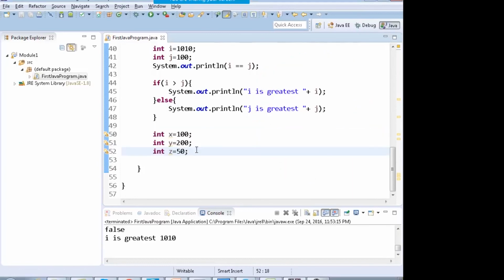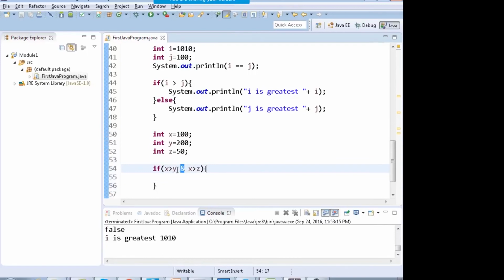You can first check if the value of x is greater than y and along with it, you can just put a single space, x is greater than y and x is greater than z. So ampersand, this is the AND operator.